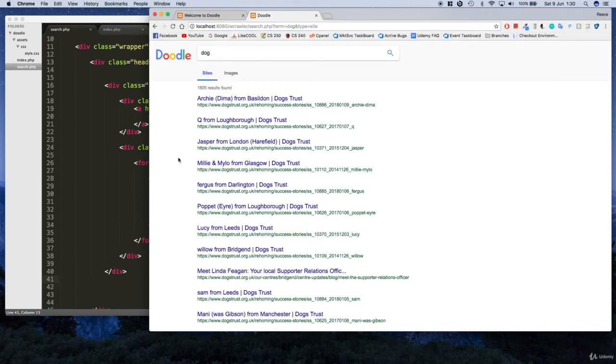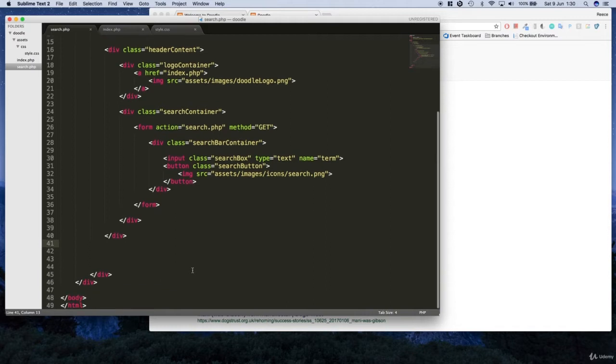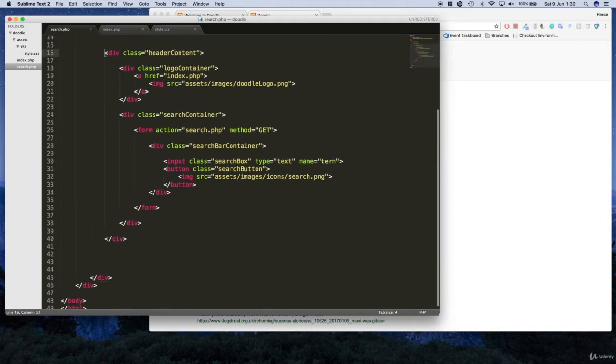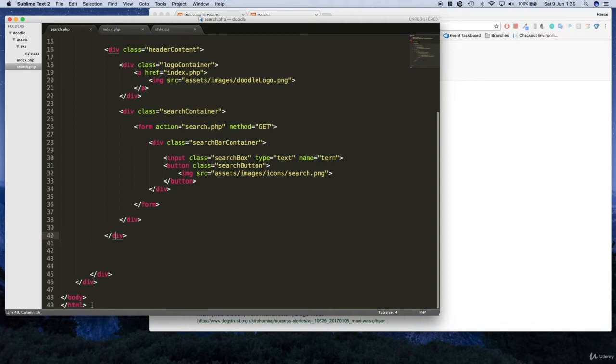All right, so go back to search.php, and underneath this header content div, find the header content div and then find the closing div for that. An easy way, if you want, is to go above the last two divs, just here. So again, this is after the header content div. We're just going to create another div in there, and we're going to give this the class equals tabs container,